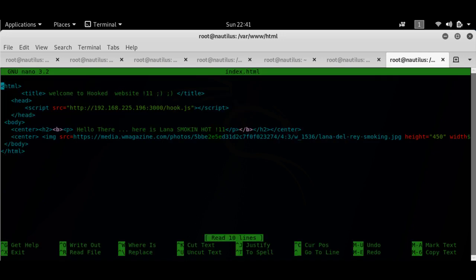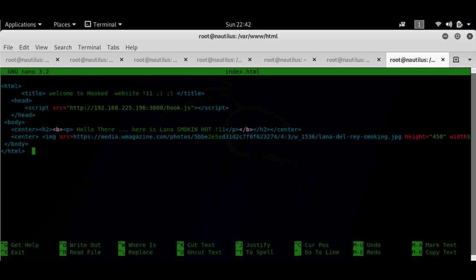Nanoindex.html. This is my simple website that I have created. Now I can remove this. This is like a hooker script for BeEF in case you want that. Tor by default disables all JavaScript, so this one would not take much effect. So basically what this particular website does is it puts a script in bold